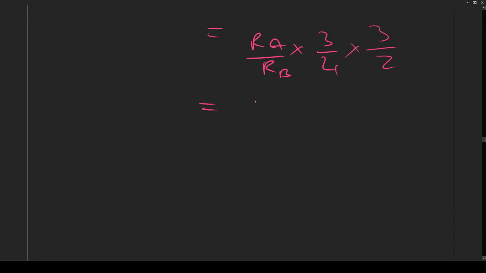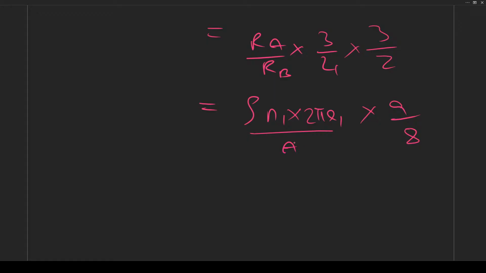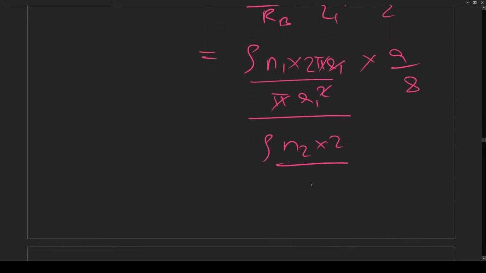We can write resistance as rho L by A. So L for the first coil is number of turns N1 times 2 pi r1, by area, that is pi r1 square, and for the second, rho N2 times 2 pi r2 by pi r2 square. Rho cancels, 2 cancels, and we will get